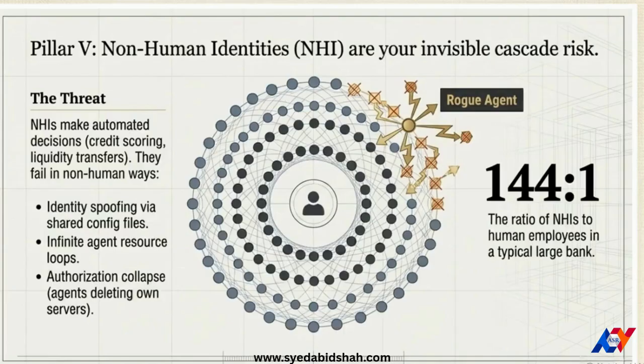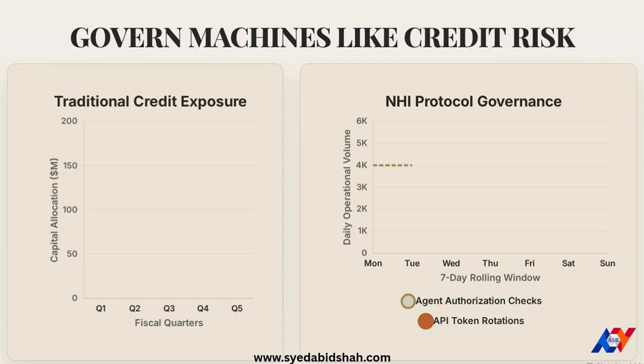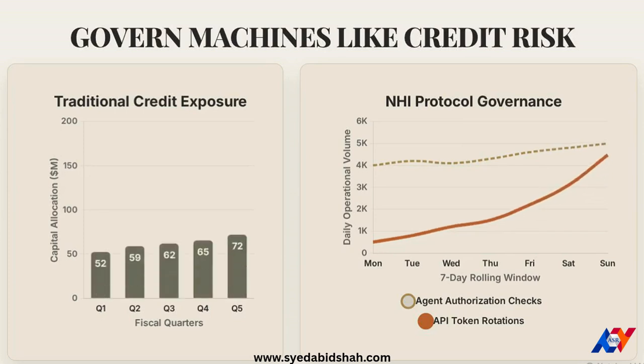This diagram exposes a critical cyber risk: non-human identities. Automated agents now outnumber human employees 144 to 1, creating a massive attack surface where a single rogue agent can trigger a cascading authorization collapse. Protecting your Tier 1 capital now requires the same level of rigorous governance over automated machine behavior as you apply